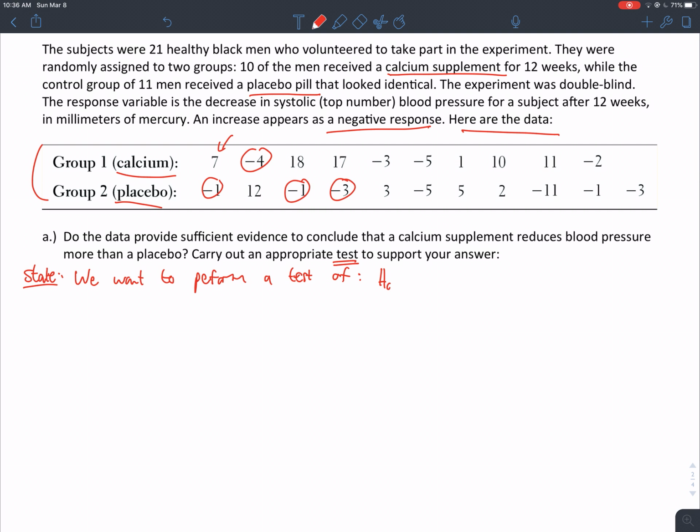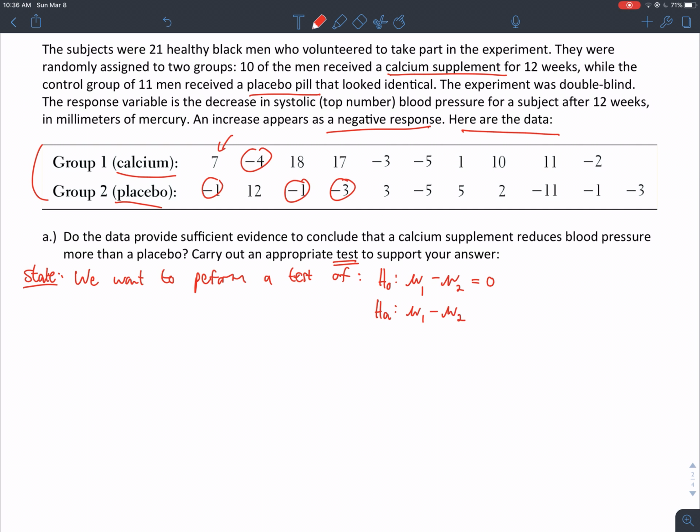The null hypothesis is that mu1, you can say mu sub c, I guess, minus mu2, mu sub p for placebo, is nothing. In other words, the calcium and placebo had no difference in their ability to affect blood pressure. And then the alternative hypothesis is